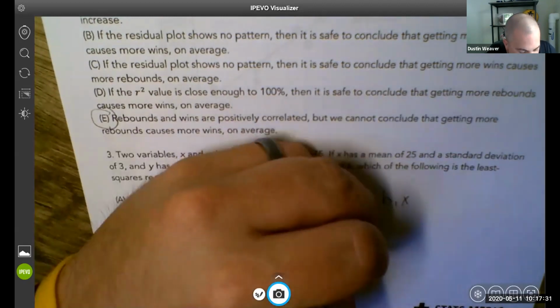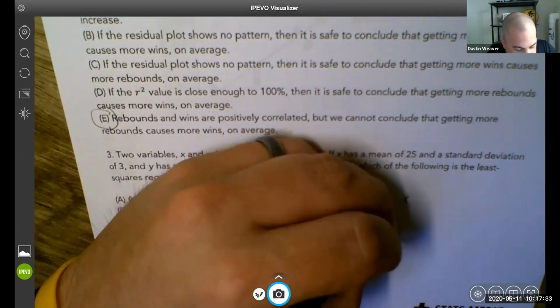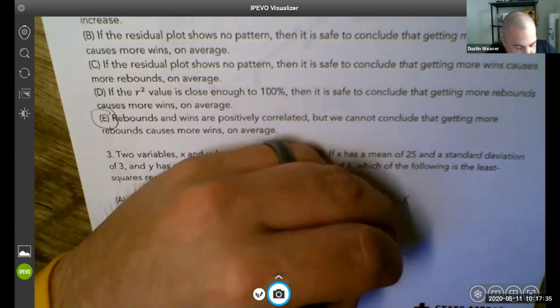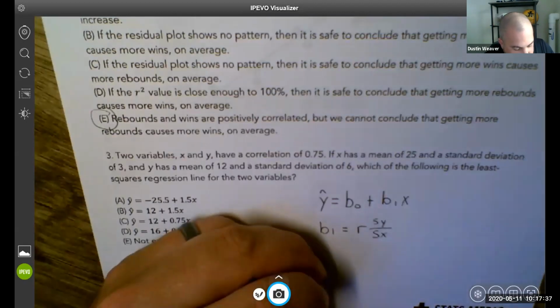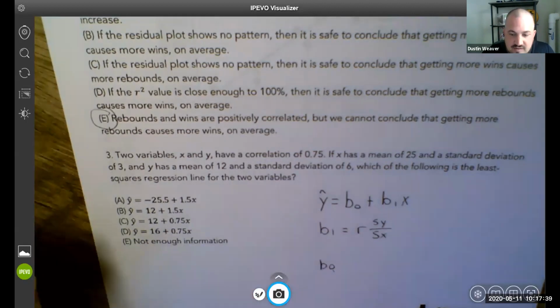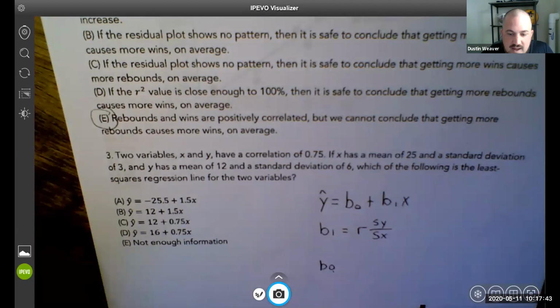The formula for it is R times SY over SX. Then the formula for B0, or B sub naught, is